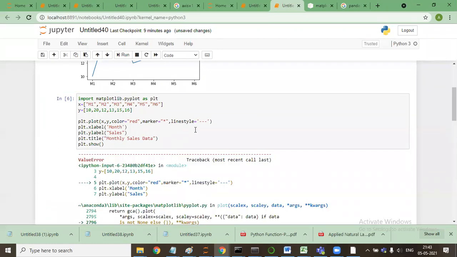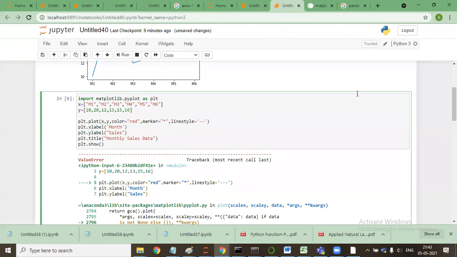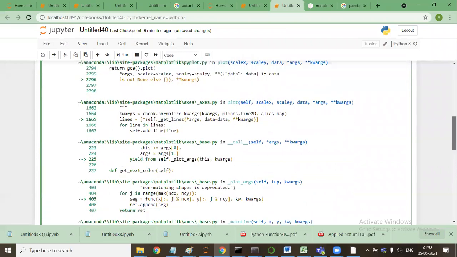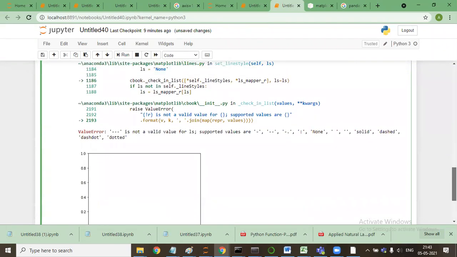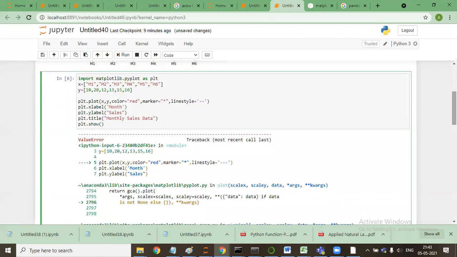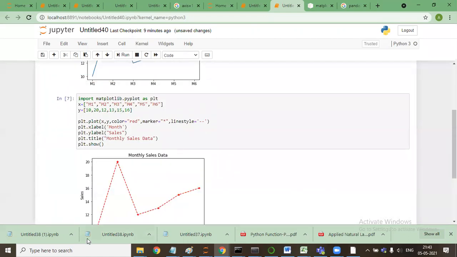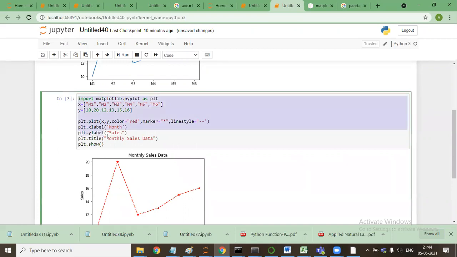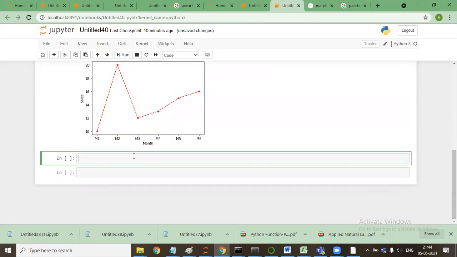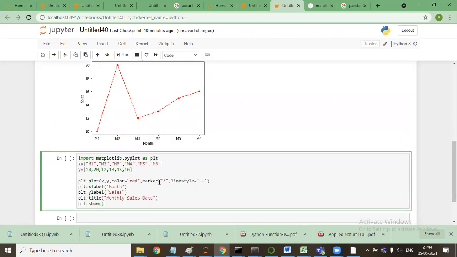Okay, I guess it is an error, triple mark is not there. I'll say double mark. Yeah, so this will give you the dashed line. So these are the different functions that are available all the time, but these are not restricted to the ones that I've been using. Another thing is, it also gives you combination. Here I've used color, marker, and line style.